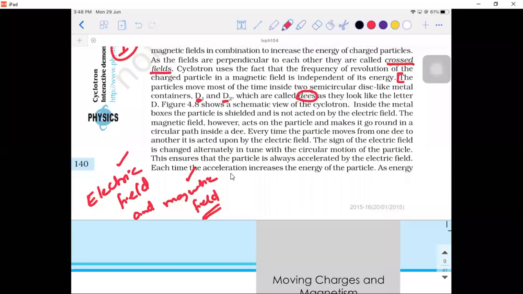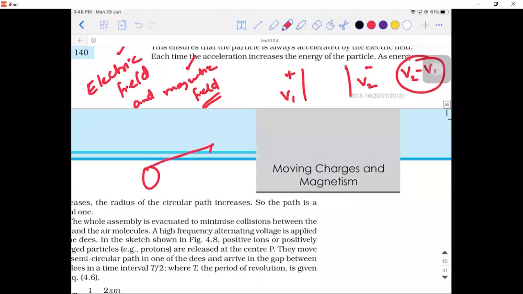So wherever you see the term that potential difference is existing between 2 points, if one is positively charged, the other is negatively charged. If the potential here is V1 and the potential here is V2, then V2 minus V1 is called the potential difference. So wherever you see the term potential difference, there is electric field present. Am I right? So that's what happens inside a conductor. So when you connect a conductor across the ends of a battery, what exactly happens? So the battery has potential difference in it, right?